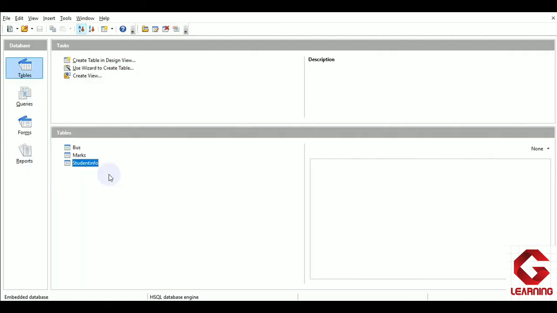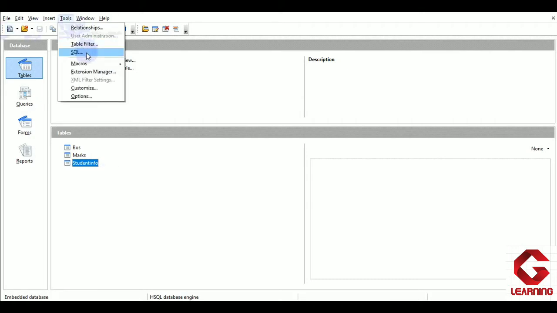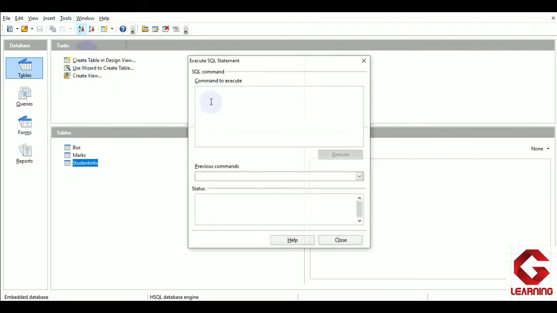Here, the first thing is that whenever we want to write an update command, we have to use the tools tab, and in the tools tab we have to select this option, that is SQL. And now here in execute SQL statement I will write the update command. So first of all update, after that the table name, student info, in the double quotes, thereafter set.